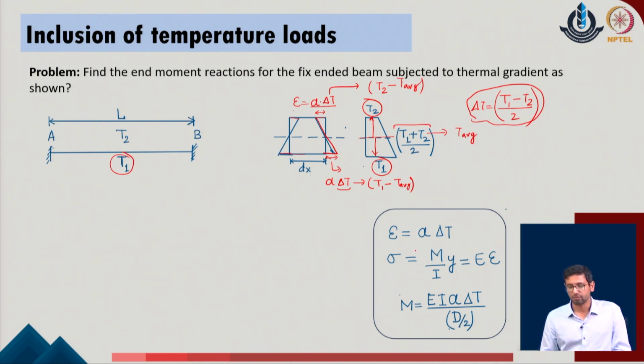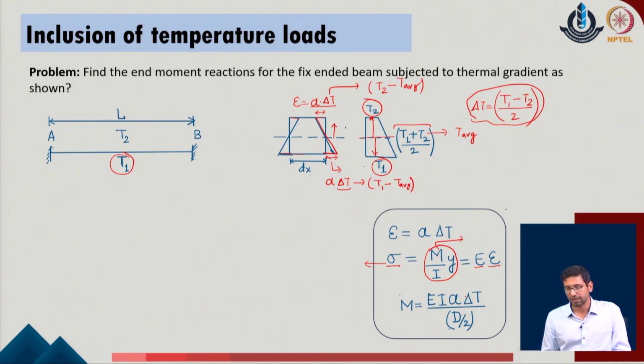Now, at the same time, the stress described for the bending problem is reflected by the standard expression M upon I into y, where M is the bending moment in the given system, I is the second moment of area, and y is the distance with respect to the reference axis, or the axis about which the strain values are 0. We consider that sigma is equivalent to the elastic modulus and the strain in the given problem.